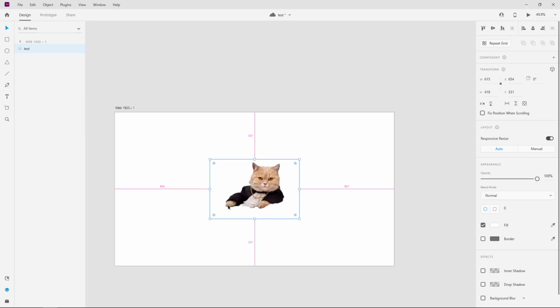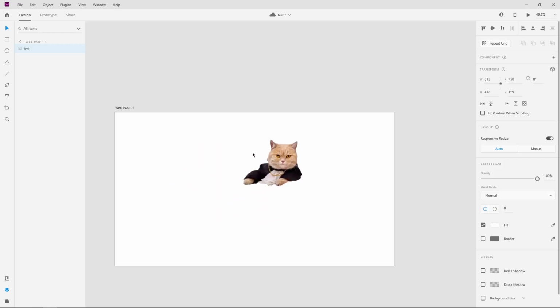Once you select the Import option, an Import dialog box will appear. This is where you'll browse through your files to locate the image you want to add. Make sure it's either a PNG or JPG file, as these formats are widely compatible with Adobe XD. Navigate through your folders, find that perfect image that fits your project's needs, select it, and click Open. Within moments, you'll see the image pop up right on your canvas, ready for you to edit and place as